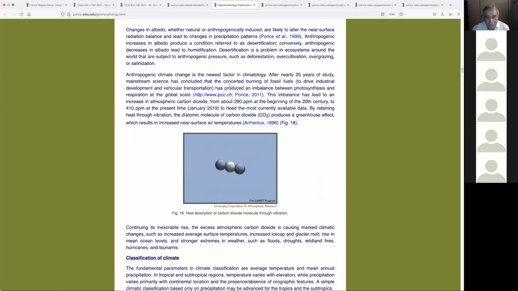Anthropogenic climate change is the newest factor in climatology, produced by the so-called Arrhenius theory. Arrhenius in 1896 said that carbon dioxide was loosely tied together in what has been referred to as a diatomic molecule, and it has a way to vibrate with the infrared radiation that's coming from the ground, because the sun hits the ground with short waves, but when it comes out, the heat comes out. It's got to go somewhere. The heat comes out at infrared, long waves, and the long waves hit the carbon dioxide,